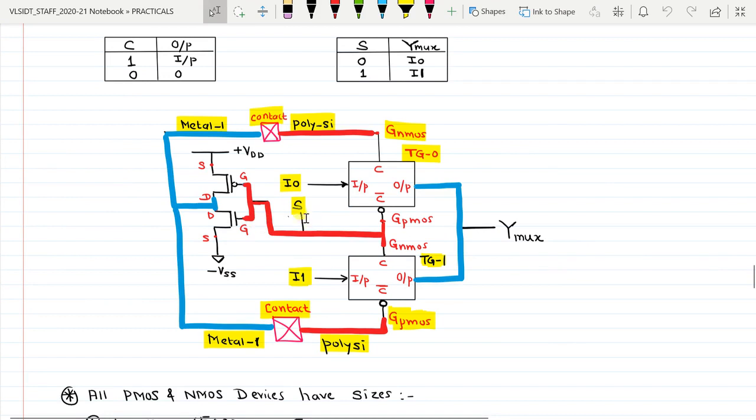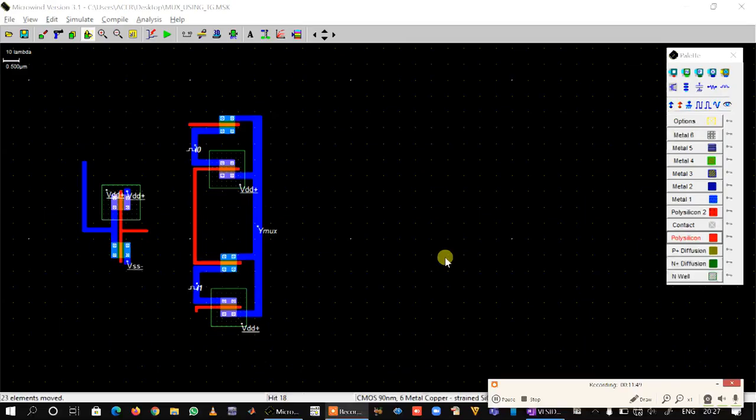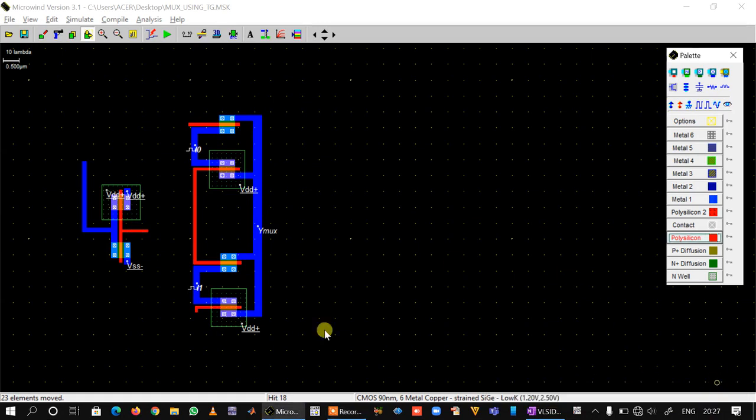We can flip it because the select line is to be given both to the input of CMOS inverter and also to the interconnection between the gate of PMOS of TG0 and gate of NMOS of TG1. So already the connection is there, it is already flipped.